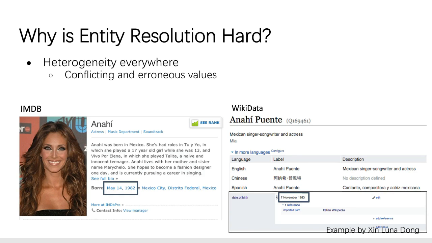And this is another example provided by Luna. As you can see, for the same Mexican celebrity, if you go to IMDb and Wikidata, the dates of birth do not match each other. So this is the case for